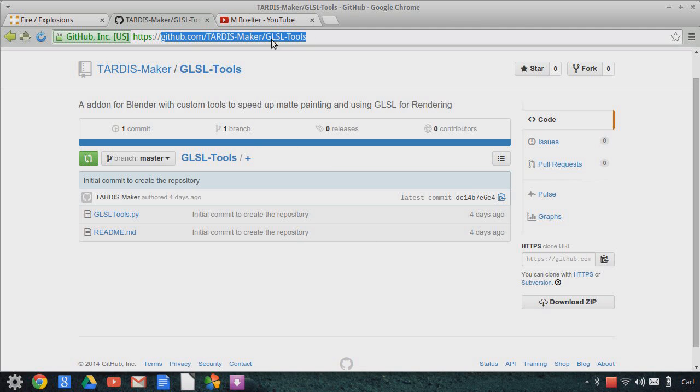So if you go to this website, you can download the Python file here, and you can install this into Blender as an add-on. And I'll show you exactly what this does. This is really nifty. It's got two components to it. One of them is making the import images as planes a little bit more accessible via a button in the tool panel, and also it adds a calculate draw order function, which is really cool because as you saw in